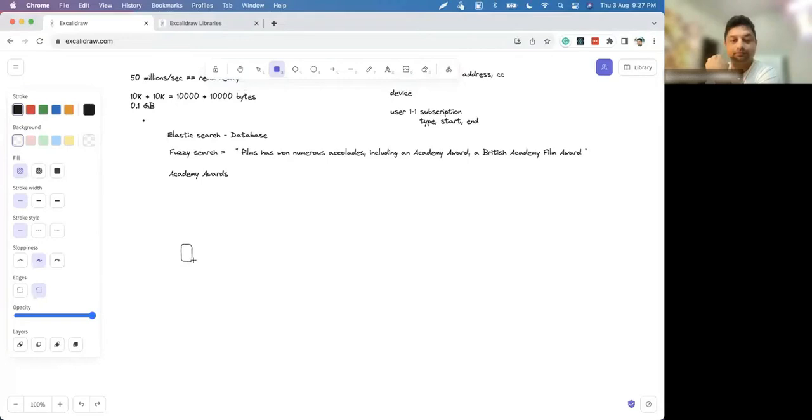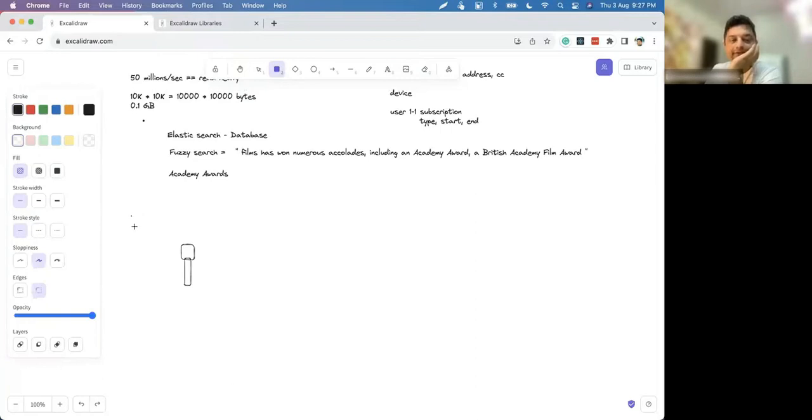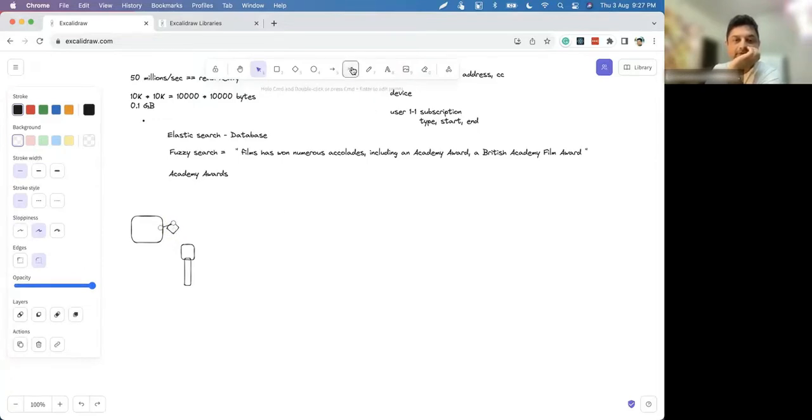Let me draw a mic, and I'm also trying to draw a camera. Assume this is the camera. Let me draw it like this. It's close.